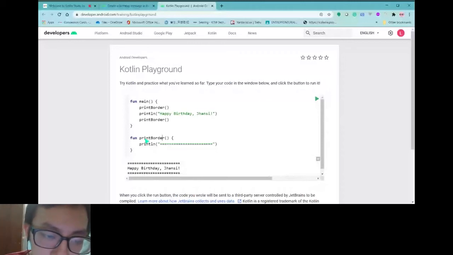So basically, when it starts in the main function here, you will go to printBorder. You call printBorder, and the program will look at what is inside printBorder. What am I going to do? Inside printBorder, they say println, this thing here. So when they call this, they will just print this thing here, because the program is calling this function, and the function is doing this kind of action. And then after this, you got println again, and then you call it again.